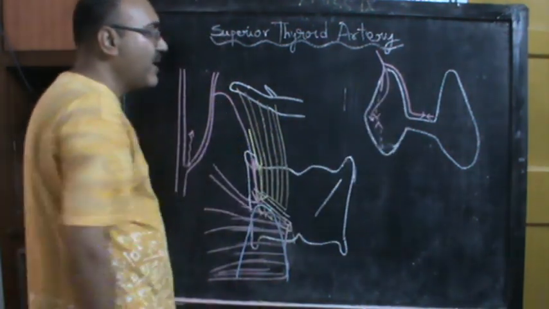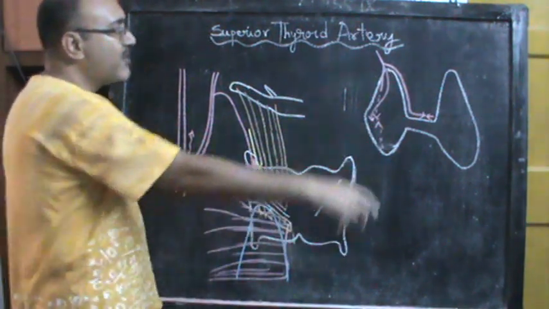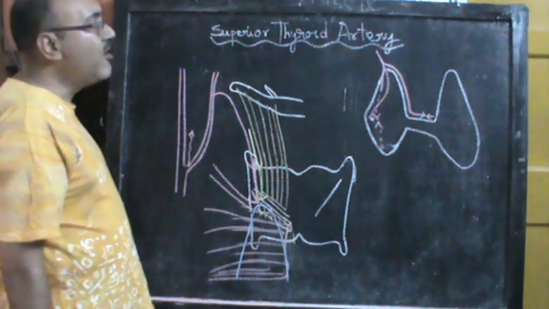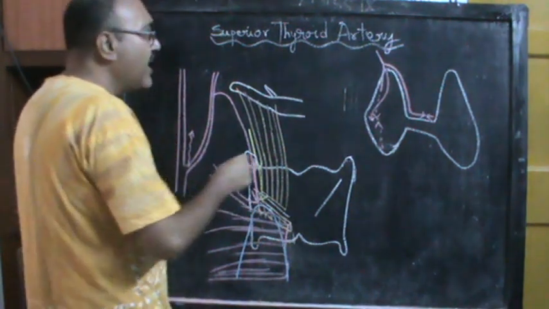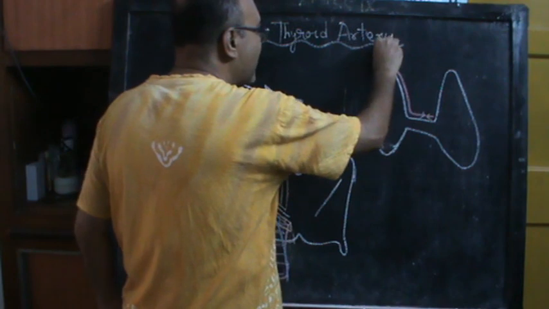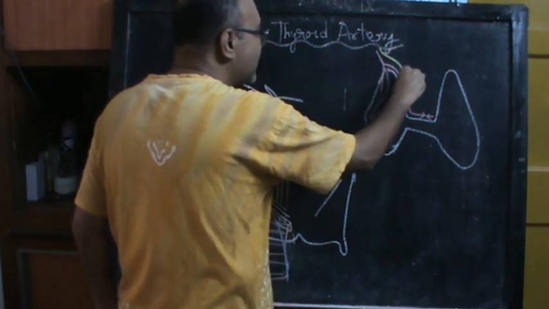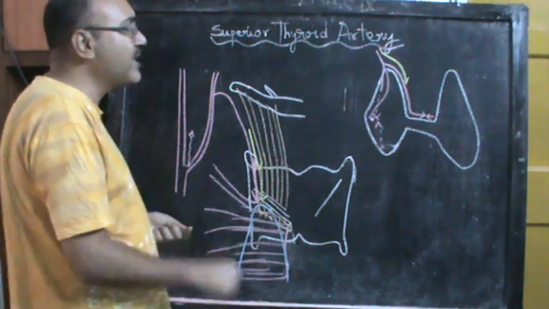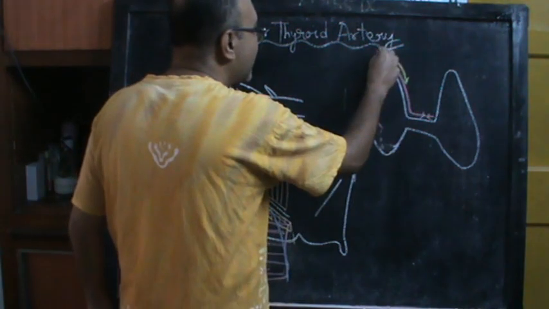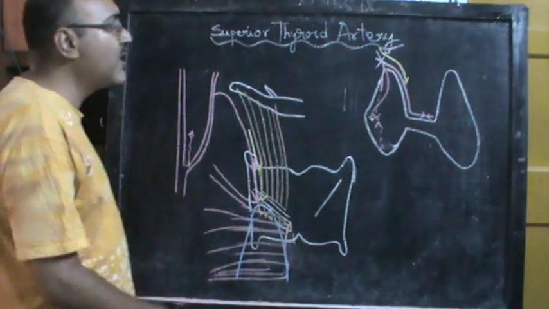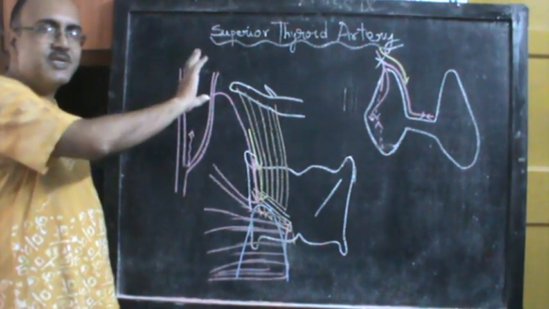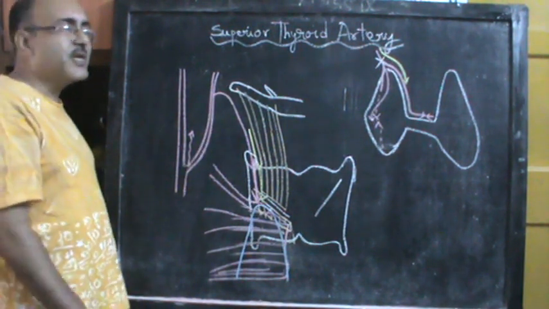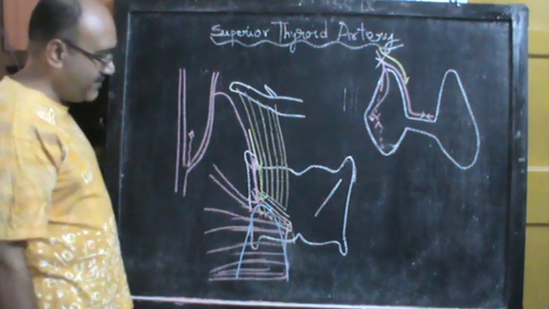So usually at the upper pole of the thyroid gland it ends as an anterior branch and a posterior branch, occasionally with a lateral branch, and the external laryngeal nerve which was coming along with it now diverges and goes to the cricothyroid muscle. That is why we used to say that if you want to tie the superior thyroid artery, you must tie it close to the upper pole, because at the upper pole the gap between the superior thyroid artery and the external laryngeal nerve is slightly more substantial.